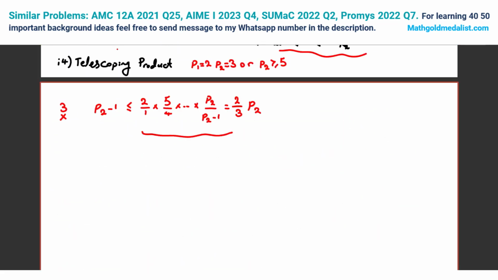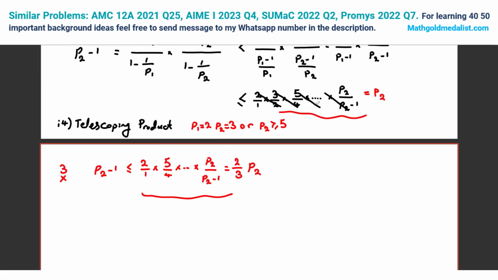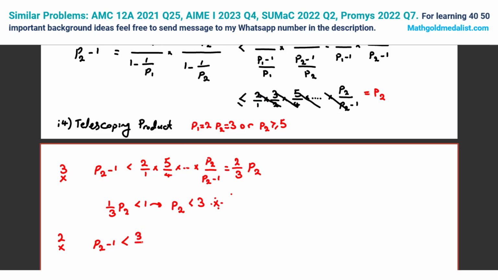Now we can say, let me erase. P2 minus 2/3 P2, we can subtract, it will be 1/3 P2, and we can take this one to the right-hand side, 1. So P2 is less than or equal to 3, that's a contradiction. If we don't have 2, again you can say P2 minus 1 is strictly less, because here, if we don't have 2, we can say 3 over 2 times 5 over 4 times